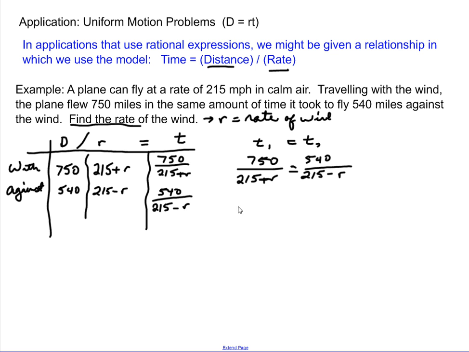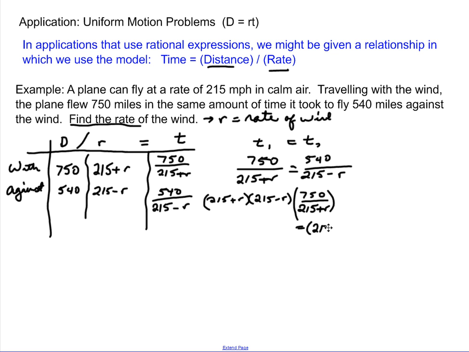Okay, so what do we do about that? Well, this is the kind of equation where we multiply both sides by the least common denominator. In this case, our least common denominator is the product 215 plus r times 215 minus r. So we could write 215 plus r and 215 minus r times our quantity on the left, 750 over 215 plus r, would equal